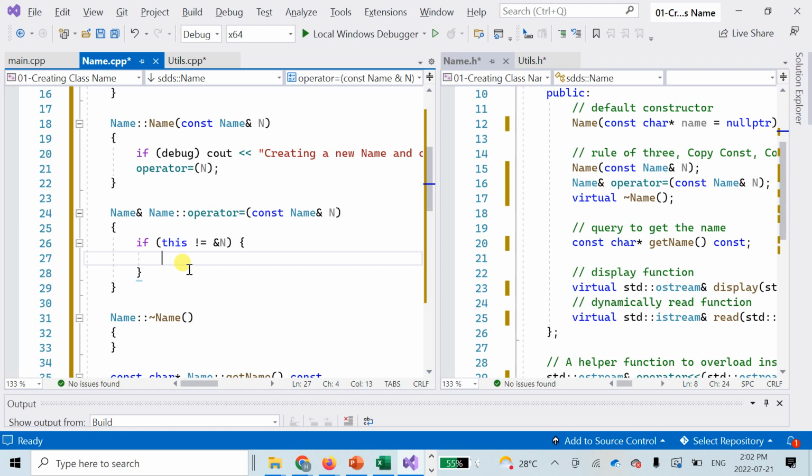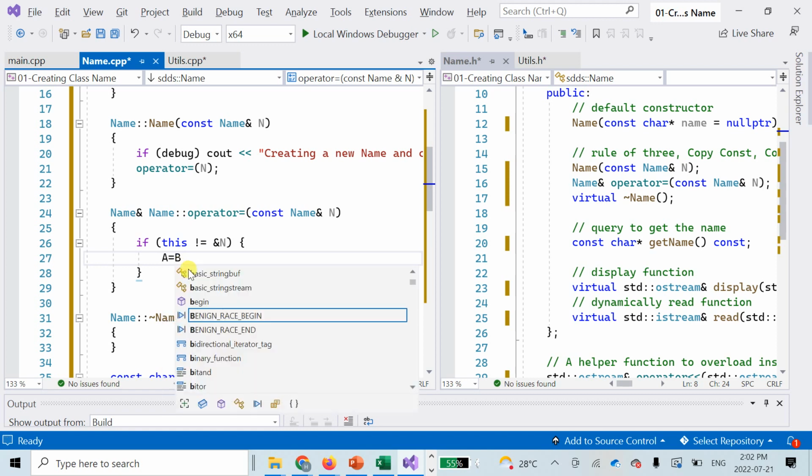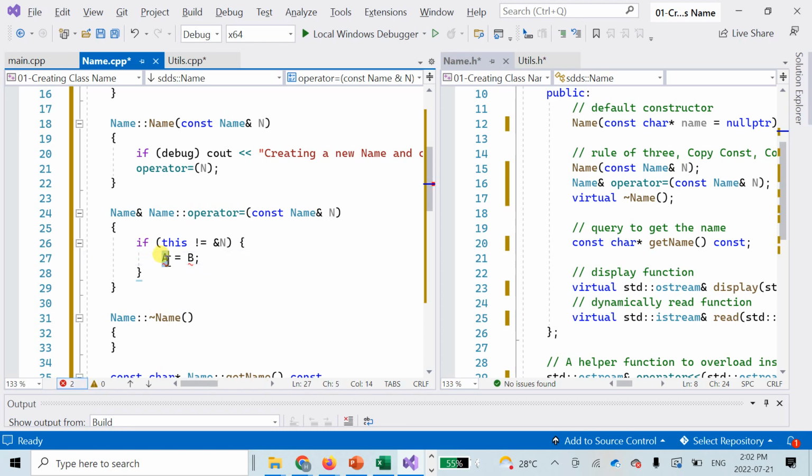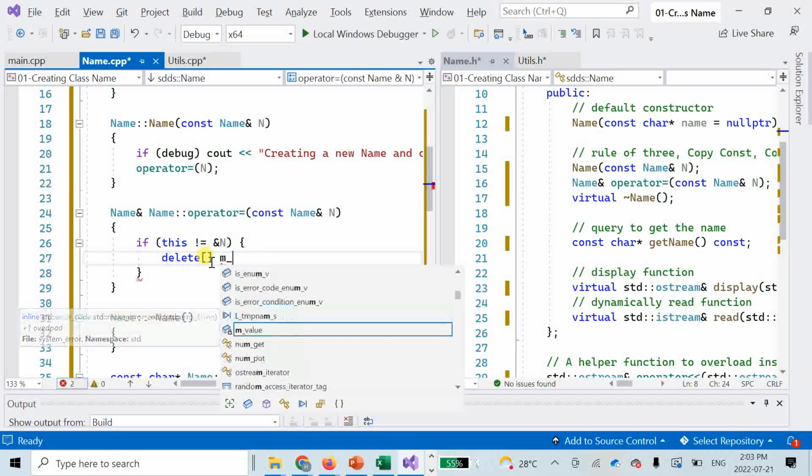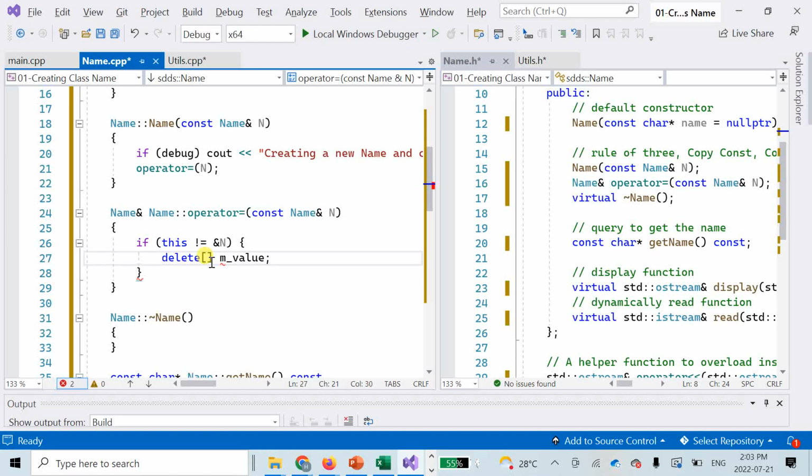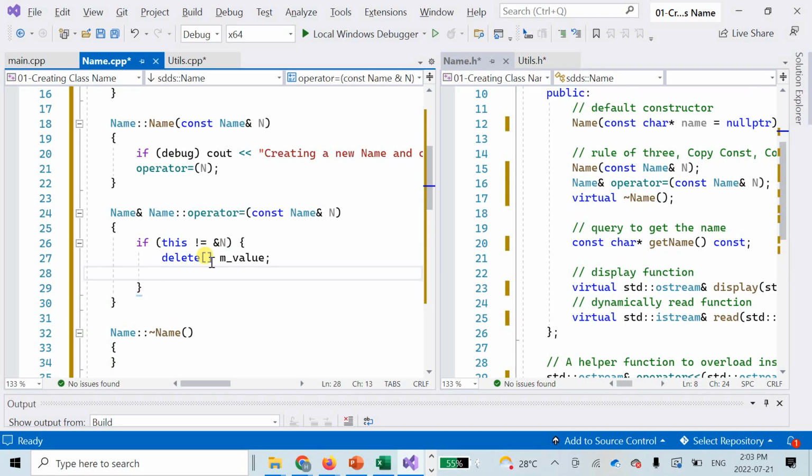Because the left side, this a, might already have some value in its m value, and we said that allocate and copy is not deallocating memory, the first thing we should do here is to deallocate it, and we say delete m value first. Get rid of m value of the left hand side of my copy assignment because it might have some value in it. And then